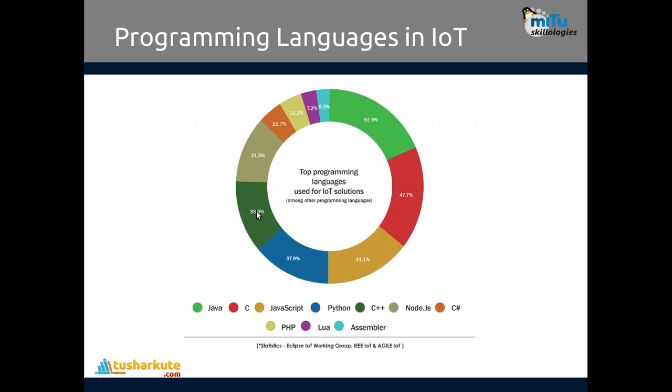Then we have C++, then Node.js, then C#, and then small languages, like Lua, which is also specially designed. NodeMCU is one of the devices where the Lua programming language is used for application design in IoT. So these are the languages required in IoT application design. If you consider industrial IoT, many programmers are still working on Java, and now they are shifting towards Python also. So these are the commonly used languages that we need to focus on in IoT application design.